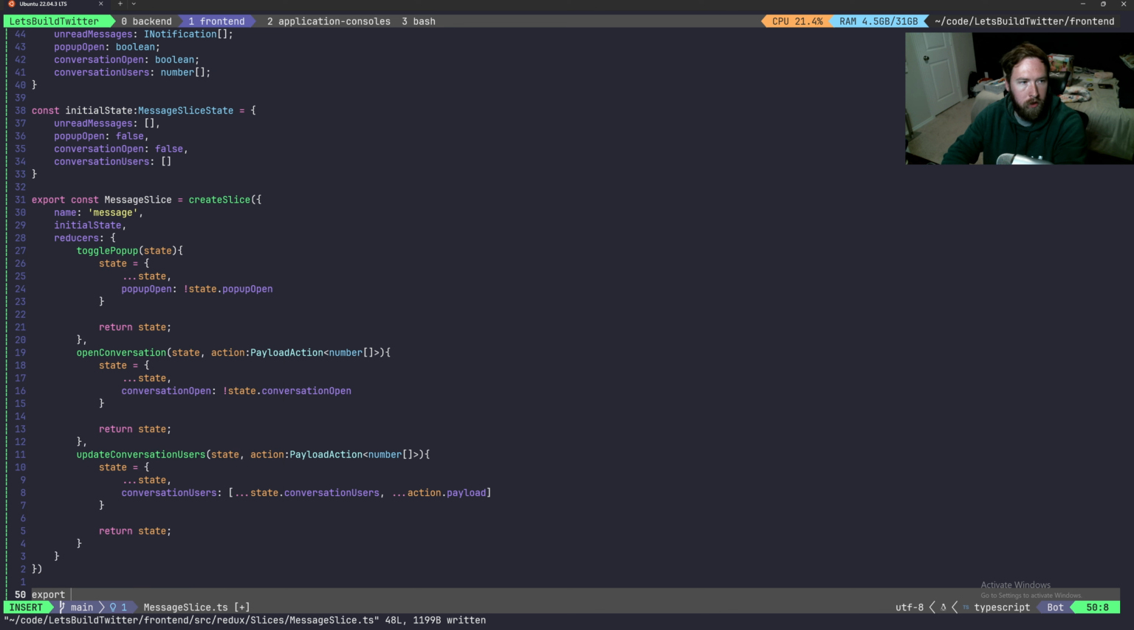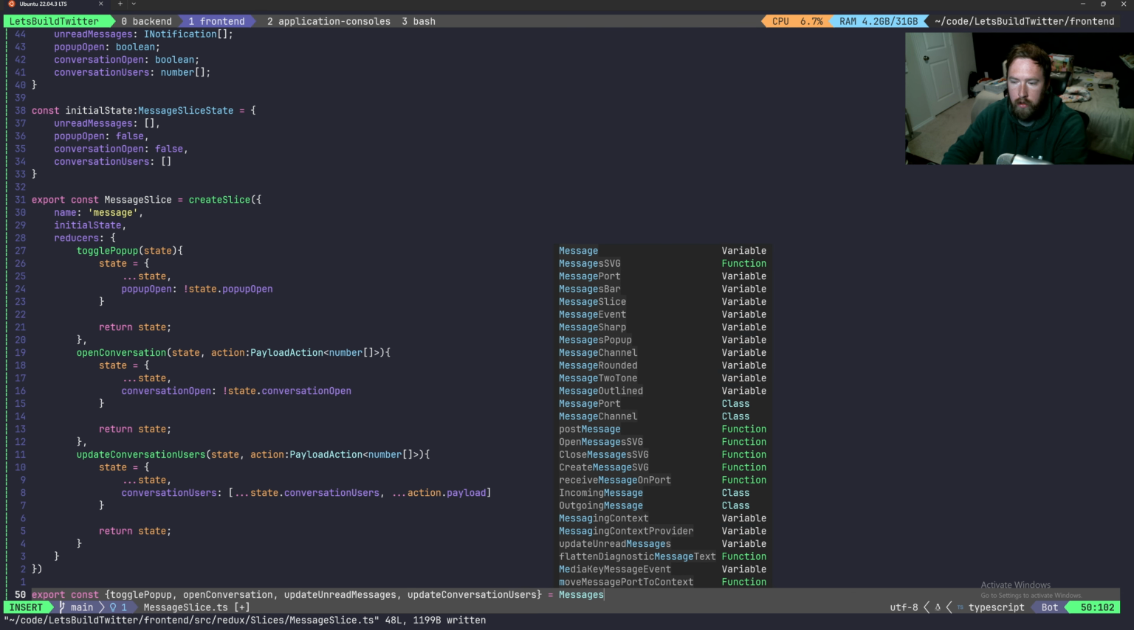We have a lot of updating to do, unfortunately, but we'll say export const, go ahead and return the toggle pop-up. We'll go ahead and return the open conversation. We'll go ahead and return update. And I don't know that we brought in update unread messages, or I missed it. I think I just skipped over it. I'll bring that in a second. So update unread messages, because we need a way to actually bring in those unread messages, and then update conversation users, whoops, it's equal to message slice